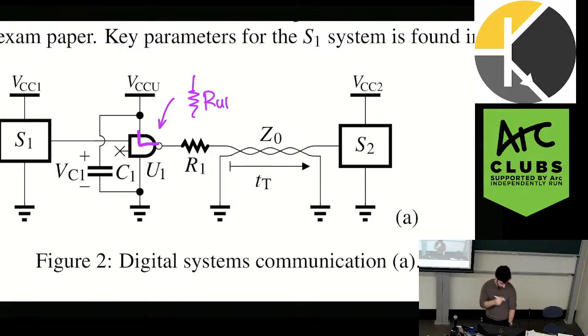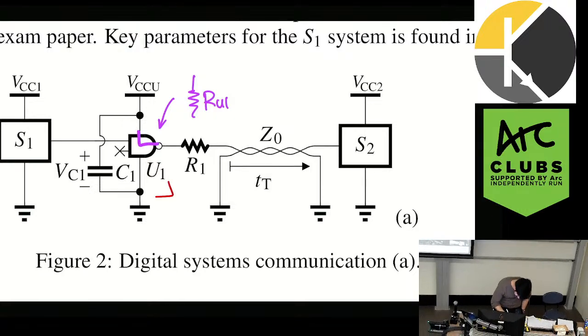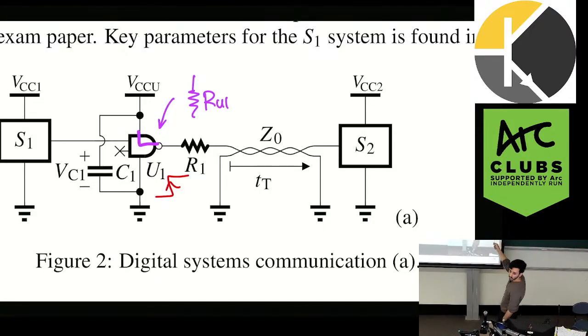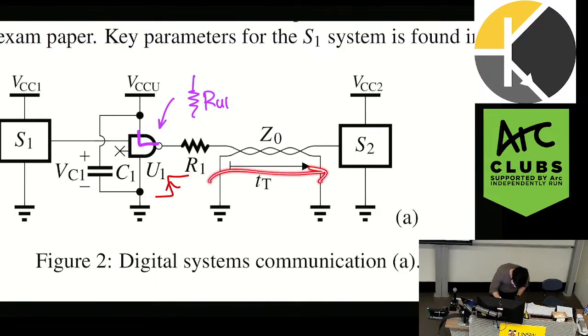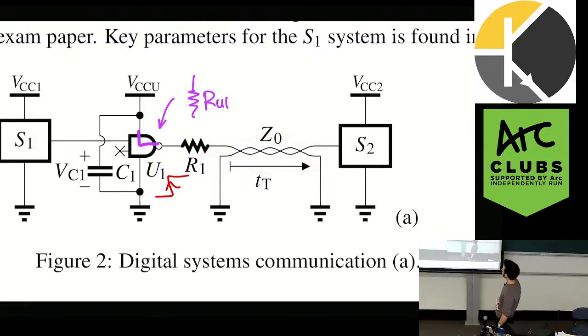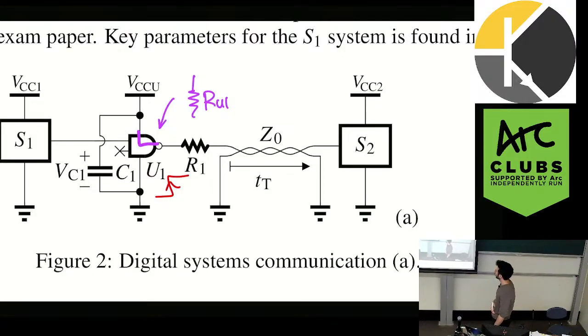Then you have a low to high transition here, and that travels across the transmission line, comes back, and is fully absorbed. So this signal travels along here, travels back, and is fully absorbed. What does that tell us? R1 is 0. Yeah, so just R1? And we also know about the